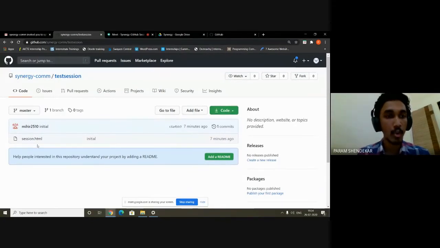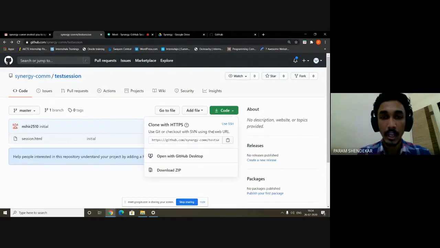Now, in order to contribute to this file and to this repository as a whole, I'll not use GitHub to put up new code. What I'll do is, as I said, I'll be cloning the repository on my local machine, and this is done by using this link that is present here, and it states that it can help you to clone with HTTPS. So I'll just copy this link.